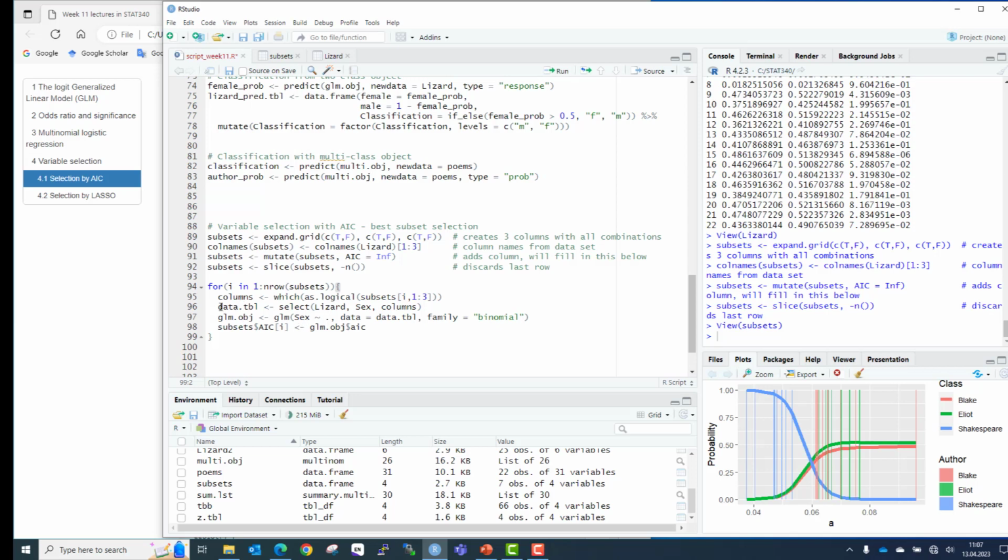and so I make myself a new data table where I select only the columns that are indicated by this row of the subset table, right? And then I fit the GLM with sex as the response and all the variables in that data. I make sure that I put only the data columns that are part of the subset into there, and use the binomial. And then I get from this GLM object, we saw it before that these GLM objects